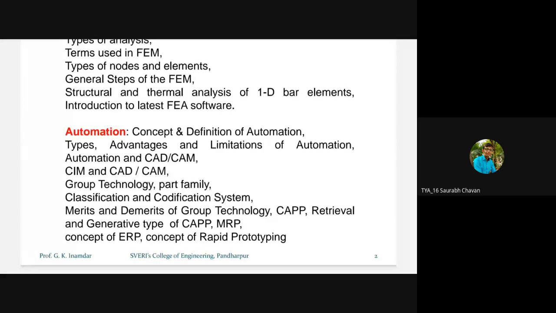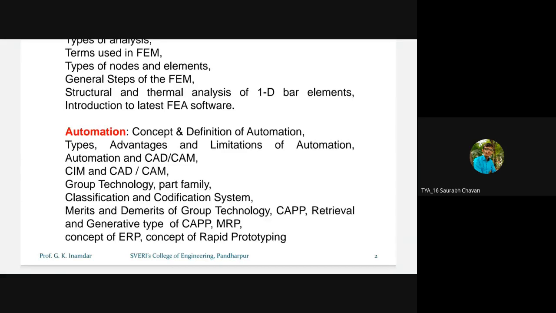Suppose we take an example of a nut and bolt. The nut and bolt size is fixed, according to the pitch circle diameter. Even if you purchased the nut from India and the bolt from Japan, they will still assemble. Why? Because this includes group technology. They have maintained standardization. This related study we have to study